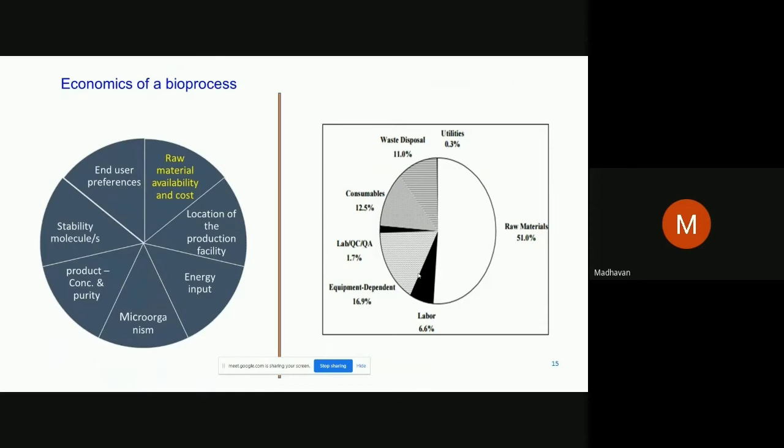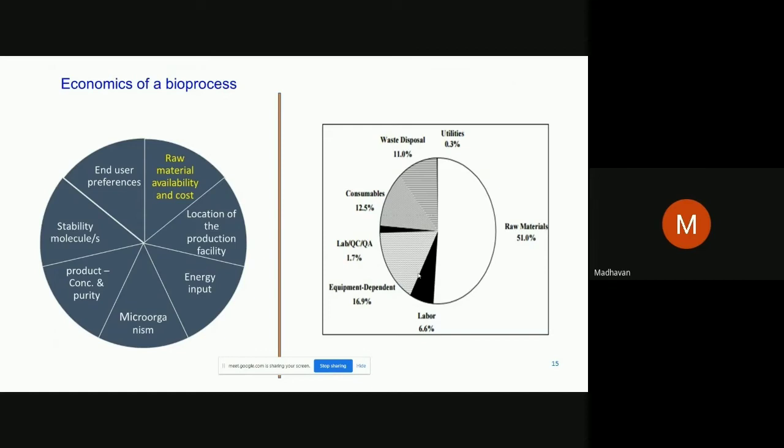Now, in any bioprocess, it is important how cost effective your production is. The success of any bioprocess depends upon many factors, of which the most important is the raw material. What type of raw material you are using in the bioprocess, which gets converted into the desired product. And as you can see on the right side, 50 to 51% of the entire cost depends upon